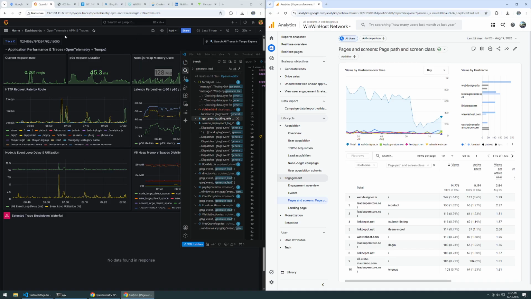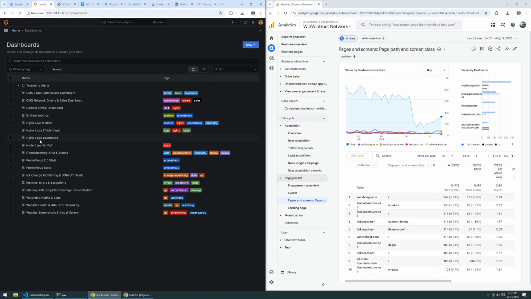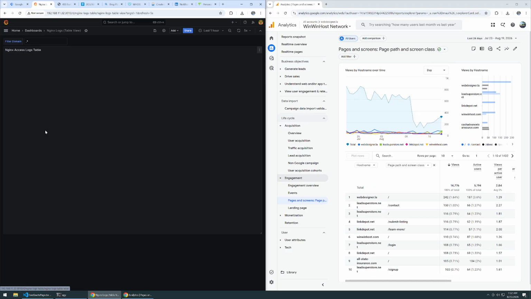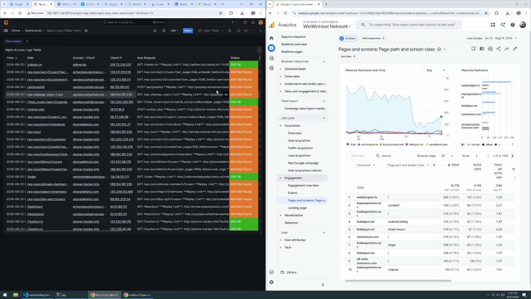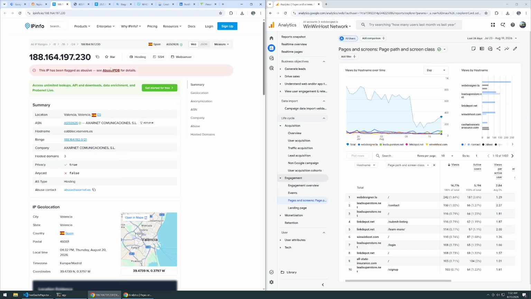I've got metrics happening. Node.js is mature, right? We have all these tool sets. I can see my live traffic. There's abuse happening. These 404s are scanners, and this I can see where it's coming from.